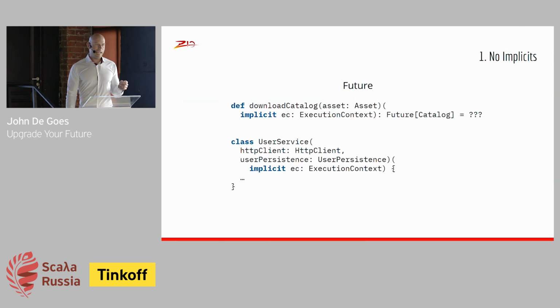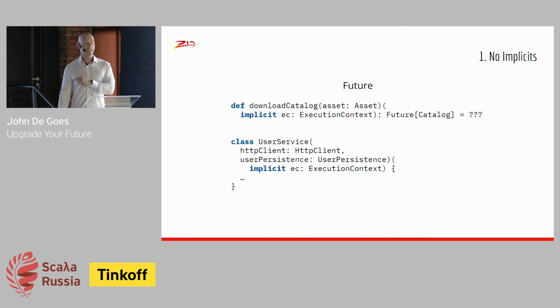All right, so let's dive into a point-for-point comparison between ZIO and Future. We're going to take a look at concerns that matter to you, stuff that you've run into yourself, and we're going to see how ZIO takes and improves upon what we did with Scala concurrent Future. So ZIO has no implicits. If you look at Future-based code, it's very common to see this implicit execution context thread through the entire program. And that's best practice, by the way.